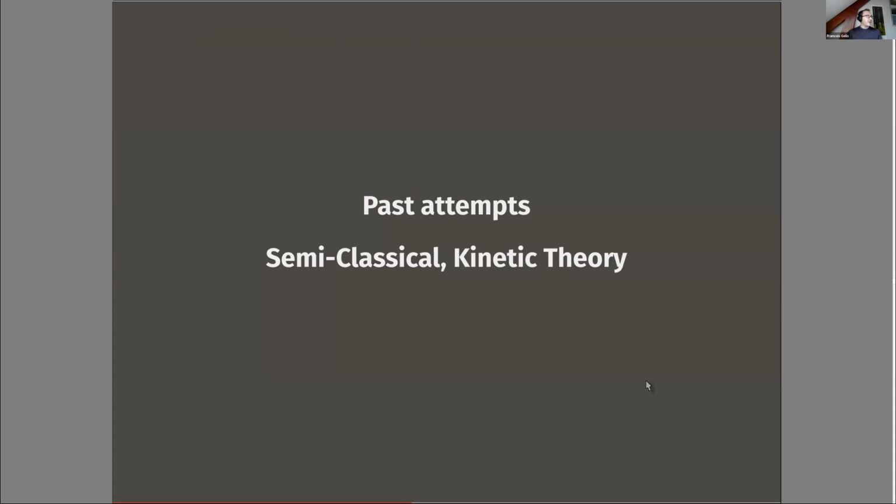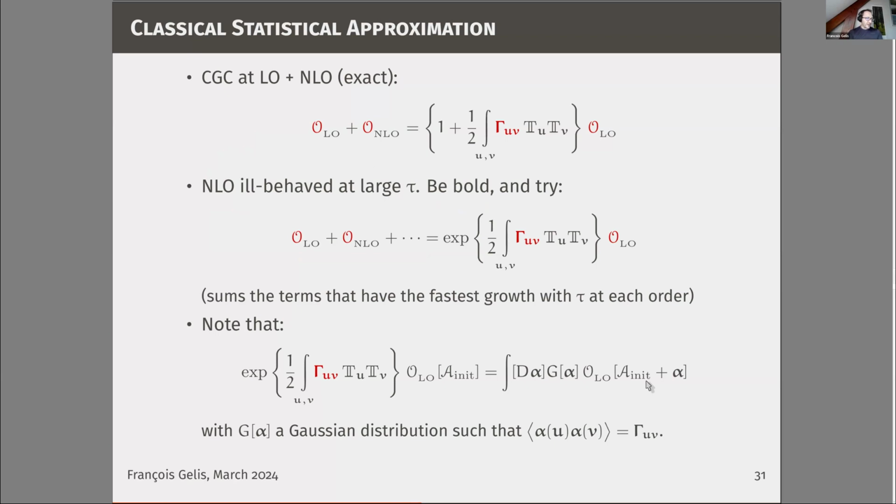So now this can be used to construct generalizations that go beyond one loop. So the first line is just a recap of what I just said. If you sum leading order plus 1 loop, it's 1 plus this operator acting on the leading order. This is exact. But I told you that the next to leading order, if you take it by itself, is a bit pathological because it contains some terms that grow with time due to instabilities, for instance. So if you truncate right after the 1 loop, you're not getting anything very useful as far as